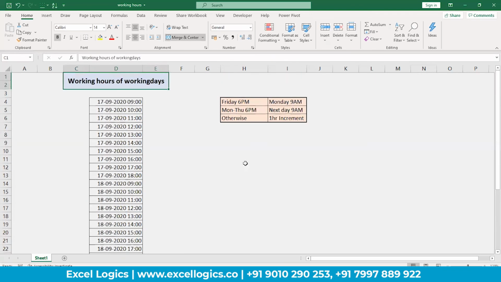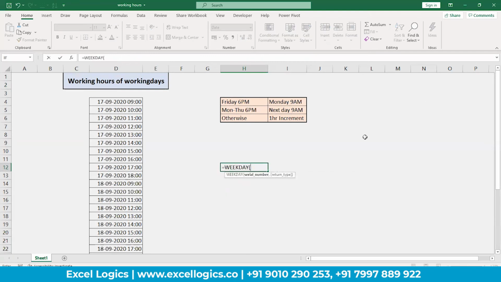If you have any doubt on the WEEKDAY function, let us find out weekday of today's date. Let us find out weekday of this date, 17th September 2020.